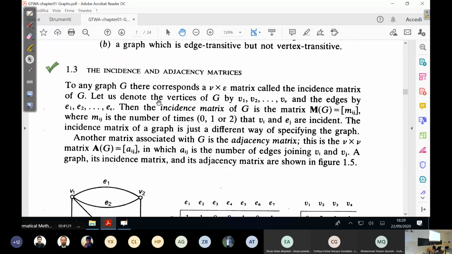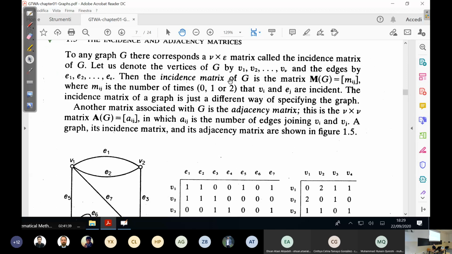Okay, to any graph G, there corresponds a ν times ε matrix. ν, remember, is the number of vertices. ε is the number of edges of the graph, called the incidence matrix of G. Denote the vertices by v1, v2, ..., vν, and the edges by e1, e2, ..., eε. Then the incidence matrix of G is the matrix M of G with elements Mij, where Mij is the number of times, which can be 0, 1, or 2, that vi and ej